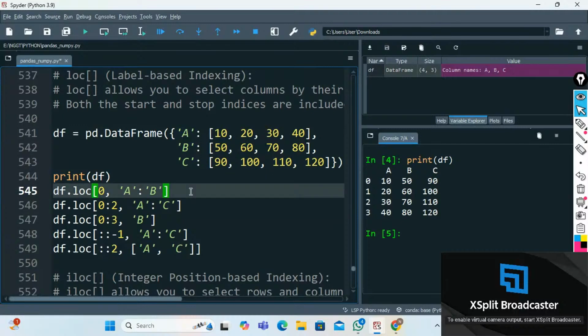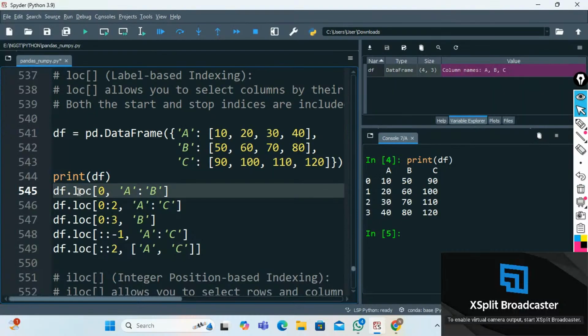Let us take an example and see how LOC works. df.loc. Here we have to use a dot, but for one-dimensional objects like a list or a tuple, whatever it might be, A is a list, A equals some 5 integers. If I want to access the first element, what will be the syntax? A, then square braces, and within the square braces we have to keep the number, right? So